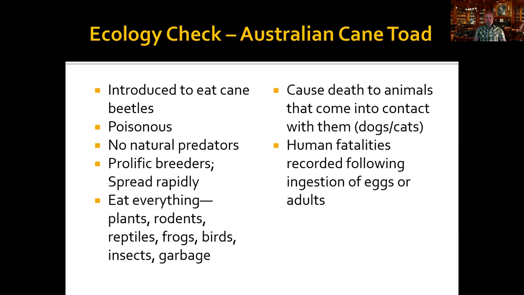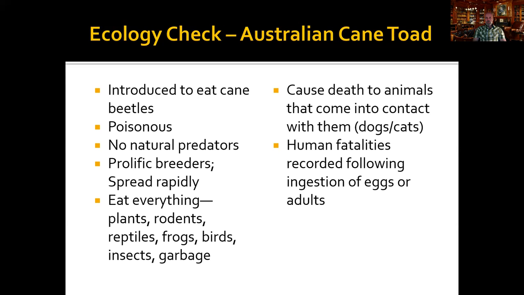So in Central and South America, predators had evolved so that they either weren't affected by the poison or they figured out a way to eat the cane toad or kill the cane toad without being poisoned. But in Australia, there were no natural predators for these toads. And it turns out they're prolific breeders, kind of like bunnies. They breed multiple times a year, multiple little toads in the litter, and they spread really rapidly.